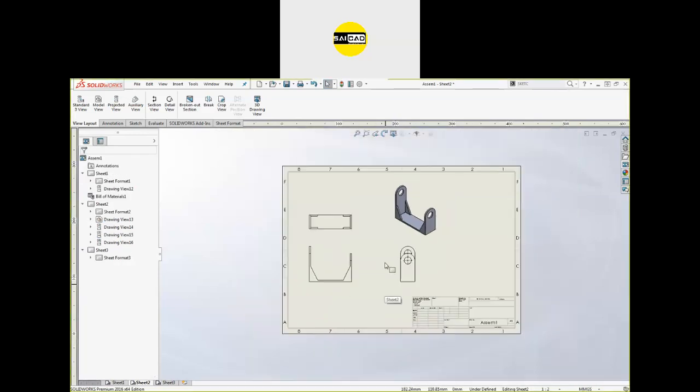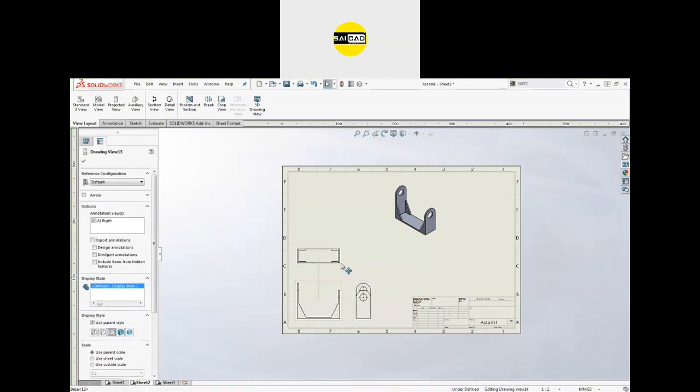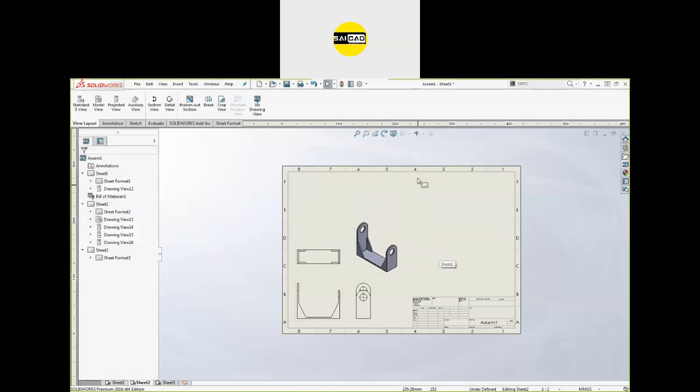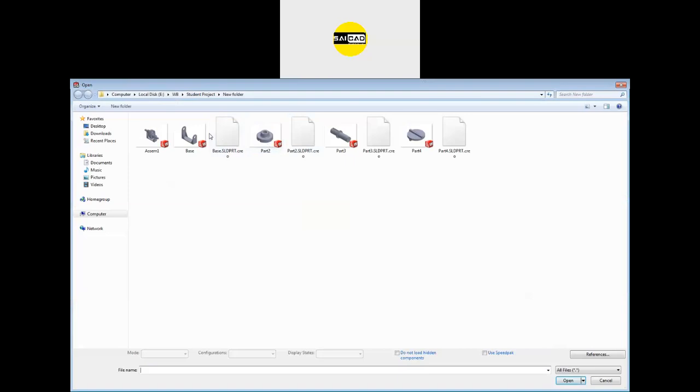If you want to show multiple drawings, multiple objects in a single sheet, you can also do that. So right now I'm going to specify some gaps here. I want this object to be here, and I want another object that will be shown here. So how we can do that? To go to the palette, now go to the browse again and select the component, like I want to show this shaft.